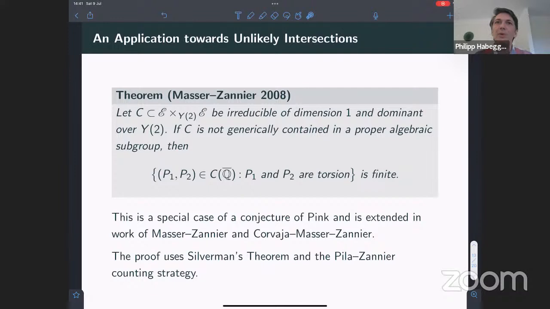And then the second input, going from boundedness of heights to finiteness, requires what is nowadays sometimes called the Pila-Zannier counting strategy, which led to a lot of development also in other areas of Diophantine geometry, around the André-Oort conjecture, for example. So this is an early implementation of this Pila-Zannier counting strategy that uses